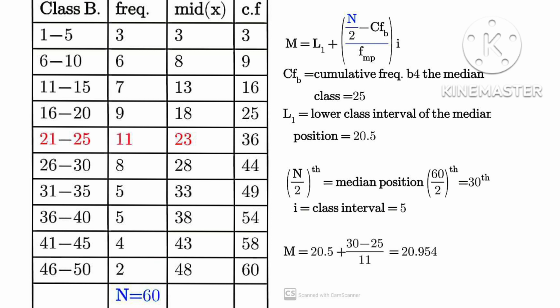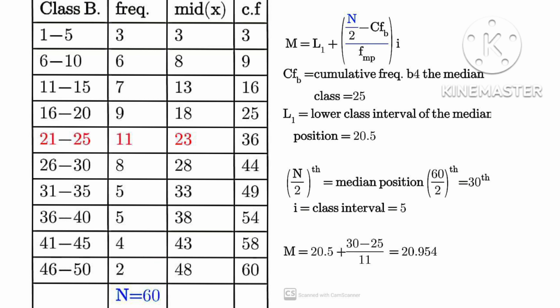So you go back to the cumulative frequency and you observe that the first number that is more than 30 is our median class. Do you understand? You notice 3, 9, 16, 25 and 36. So 36 is therefore our median class, and we have the frequency of our median class, that's FMP, to be